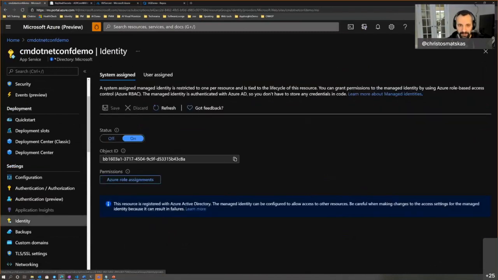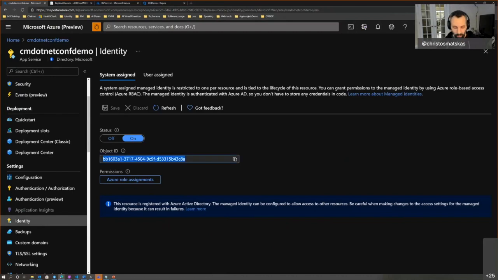Inside certain services, and as I say, more and more services are becoming aware of that, you get the ability to have an identity. That identity has two flavors. There's a system assigned one, which is something that you can provision as part of your resource, and it's tied to your resource as well. So if I were to wipe out this website today, it will automatically kill off my managed identity. It's nice, right? It's short-lived. The keys are managed by me. I just said on and save, and it created everything for me.